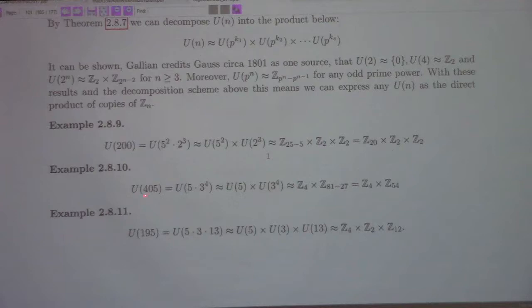What's the group of units of 405 look like? Well, that's 5 times 3 to the 4th, obviously. And, I mean, not really. I forget. It's 5 times 81, right? Okay. And so that's U5 cross the group of units of 3 to the 4th. That's a cyclic group of order 81 minus 27. So apparently, the group of units mod 405 looks like Z4 cross Z54. It's not cyclic, right? Because Z4 and Z54 are not